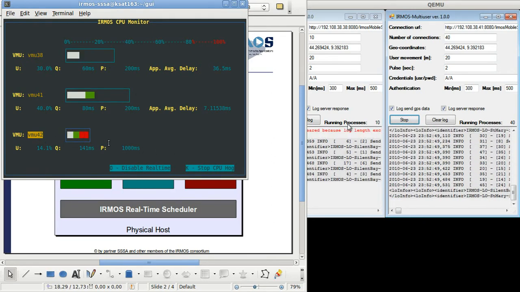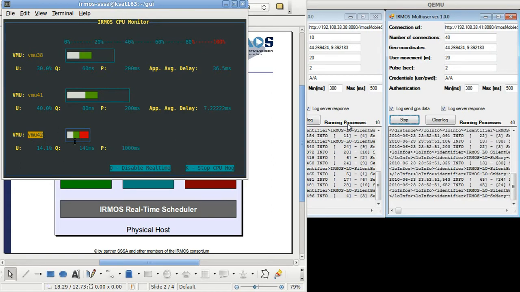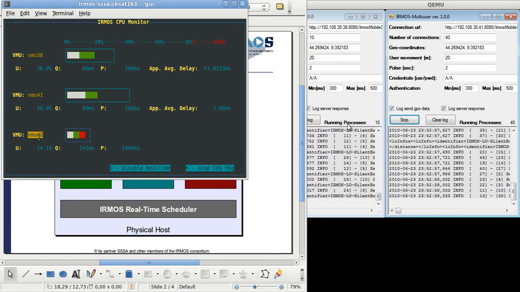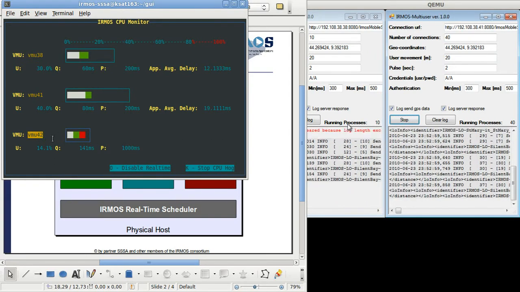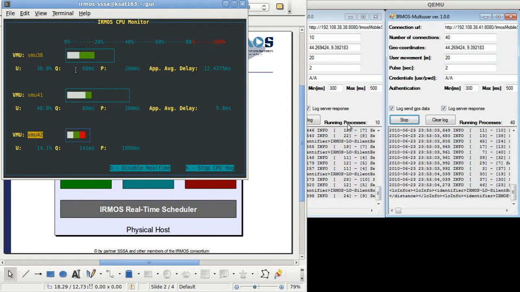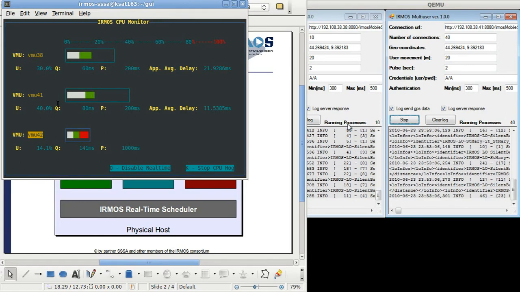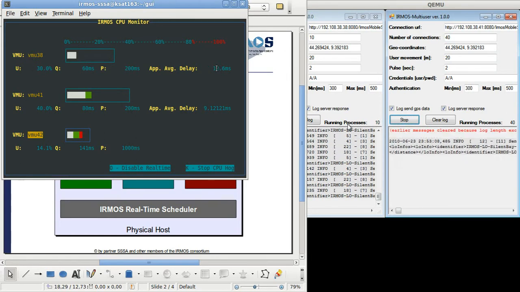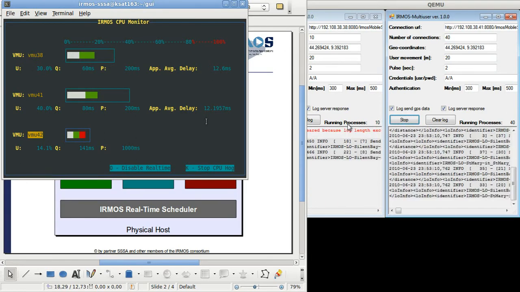And as we can see, we can contain the temporal behavior of this third virtual machine by not allowing it to disrupt the performance of the other two already deployed machines. In fact, the performance of the other two machines basically remains the same.